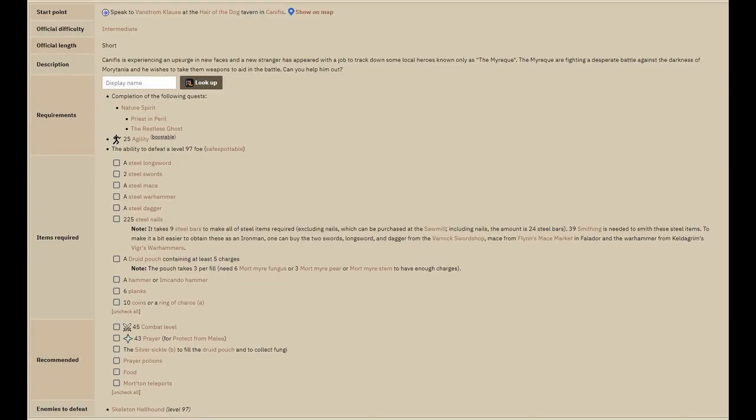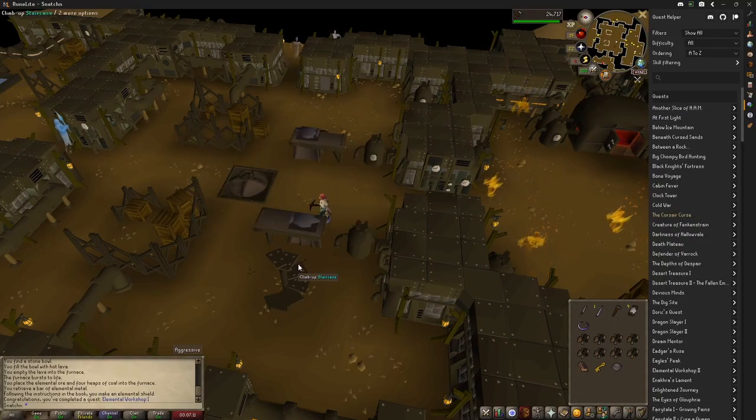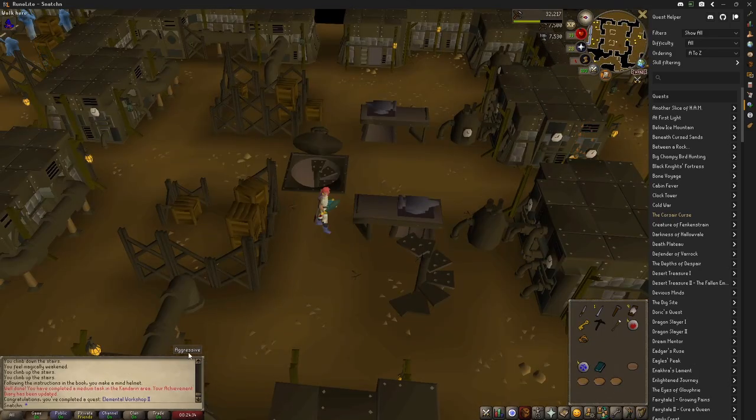With Nature Spirit done, we can start In Search of the Monarchy. Items needed are a steel longsword, 2 steel swords, steel mace, steel warhammer, steel dagger, 225 steel nails, druid pouch, hammer, 6 planks, and 10 coins. All of those I can attain or already have. The only problem is the steel warhammer needs 39 smithing to make. I only have 33,